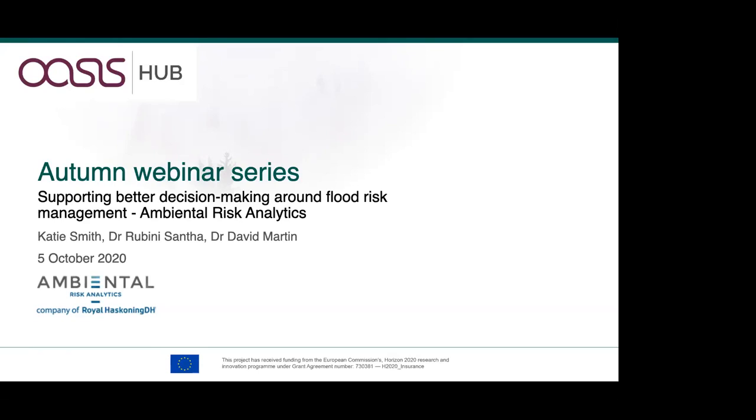We understand that for many of you watching, being clear about what flood tool to use linked to your specific objectives isn't often an easy decision. So our webinars this autumn are aimed at helping you understand the types of tools that you could consider. We'll demonstrate how, by talking to the scientists and flood specialists themselves, like Ambiental Risk here today, about the state-of-the-art specialist flood tools. We'll show the diversity of the tools available to you and help you decide which types of tools work best for the challenges that you need to address.